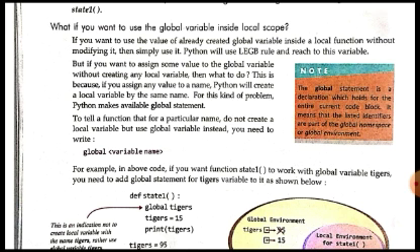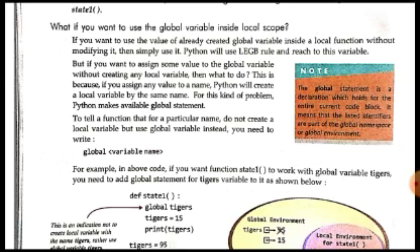Because what happens? Inside the local scope of a function, we cannot use a variable which has the same name as a global variable. If a global variable has the same name as a local variable in the function, that local variable will only be used. That global variable will not be accessed inside the function. That local variable will be considered as a new variable, and that new variable's value will be used inside the function. The global variable's value will not be used inside the function. But if you want to use the global scope of the variable inside any function definition, then we can do so by using the global keyword.